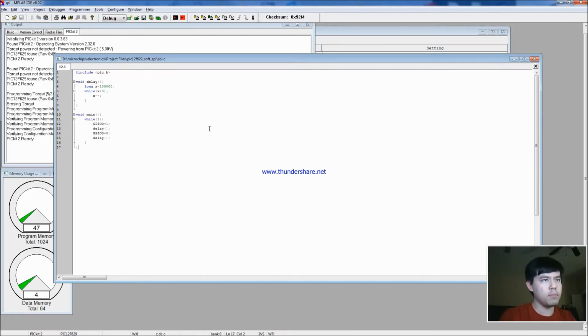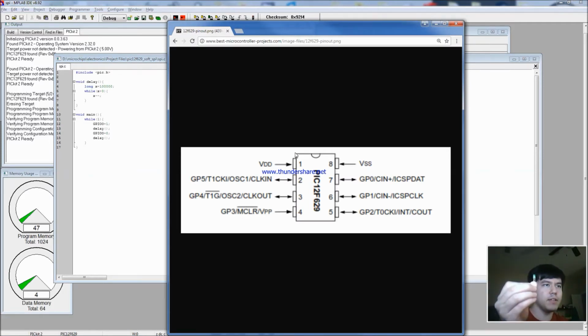And so now I'm going to grab an LED, pause, and bring up the data sheet and show you guys what pin we're actually going to connect to. So give me a second on that. We can see here, well, I grabbed an LED. I'm not going to use a current limiting resistor. This is just for quick debugging, so it's going to be fine. I'm going to lower the supply voltage also on the chip. So this is the chip that I'm actually using, and I already have it wired up for VDD and VSS for ground and supply, so it's going to be supplied power via the USB connection. And we're looking for GPIO0, which is the 7th pin, and we want to